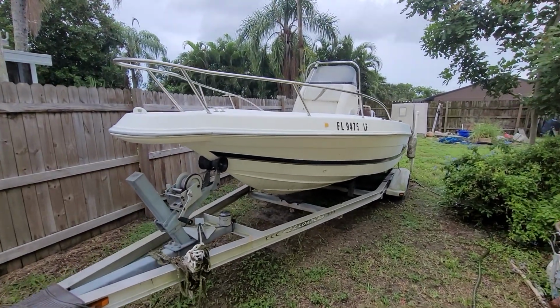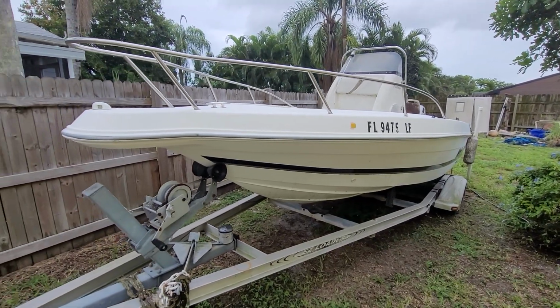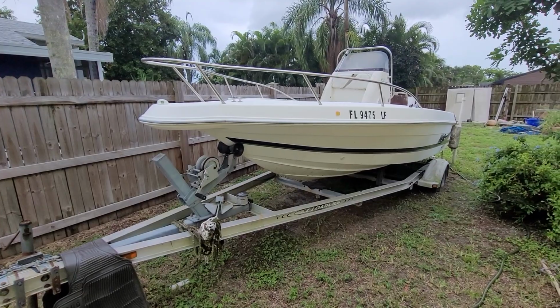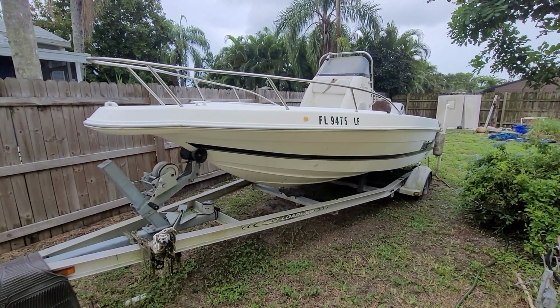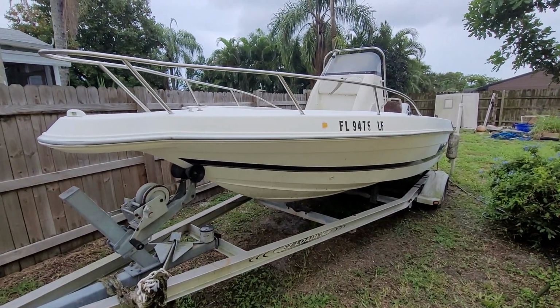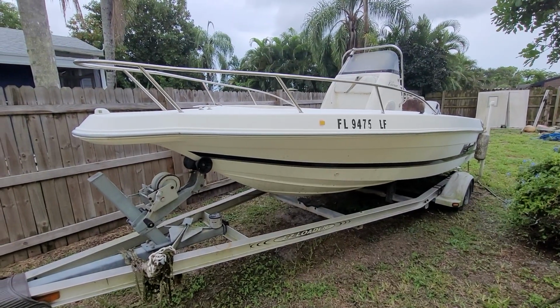This is it, my old 2000 Wellcraft 190 Fisherman. It's been sitting around for several years. I've worked on it here and there, but it's pretty much been sitting for about a year now. The engine needs a little bit of work. It was rebuilt several years ago and barely used, but it does need the